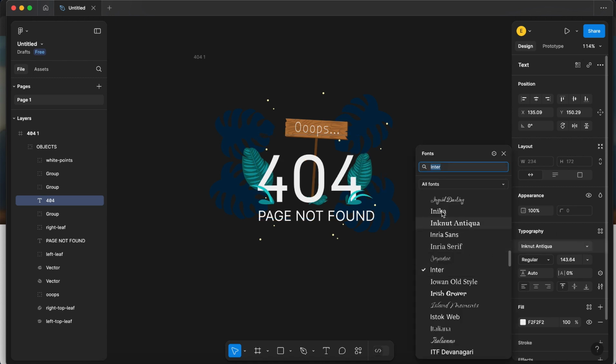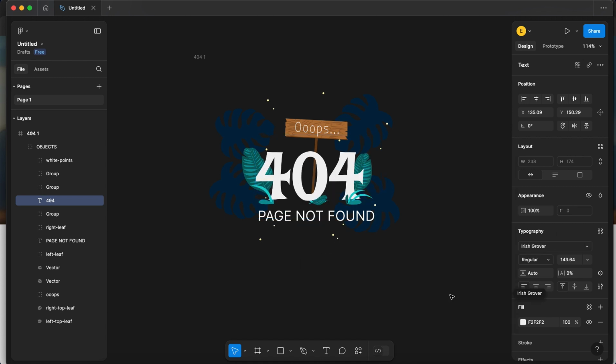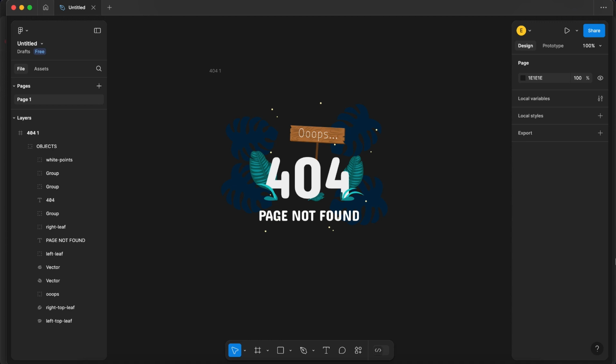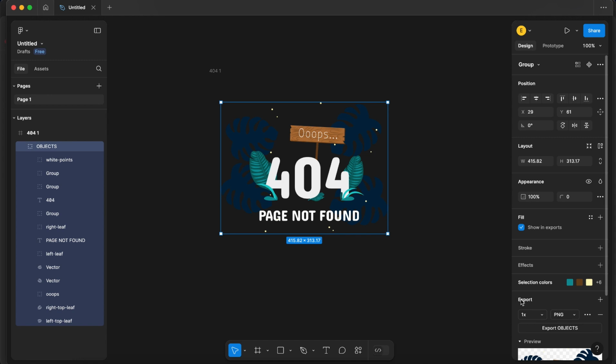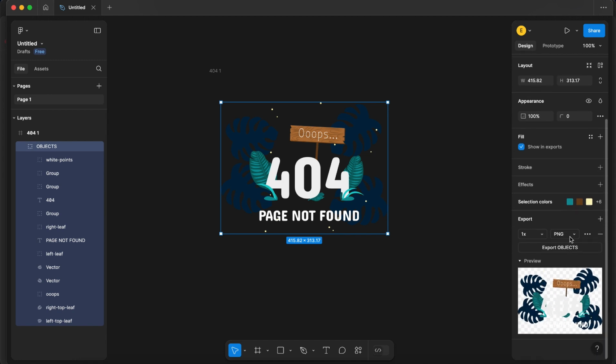And I change the font of the text. The final version of the SVG looked like this. You can make changes as you like. You can even change the colors of the elements. The most important thing is to name the elements to which you'll add animation. After all, when exporting this file, I select SVG and include ID attribute to keep the named groups.